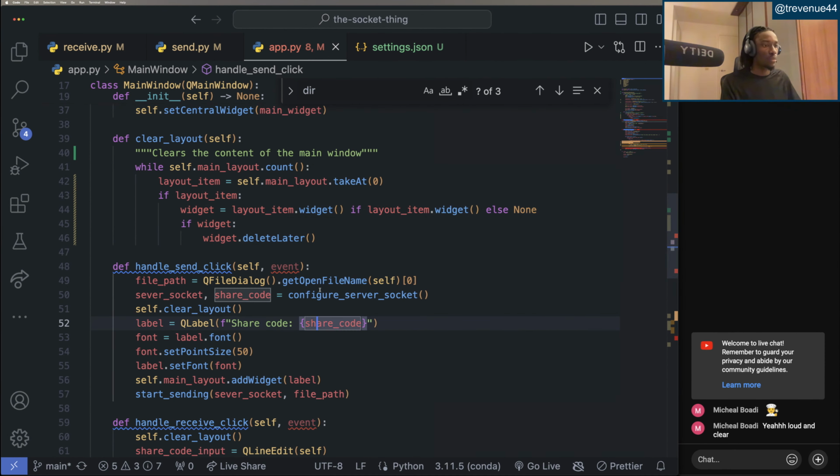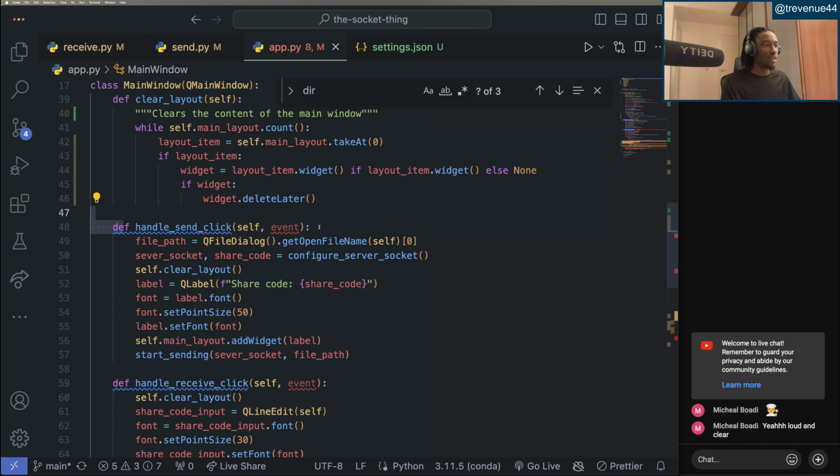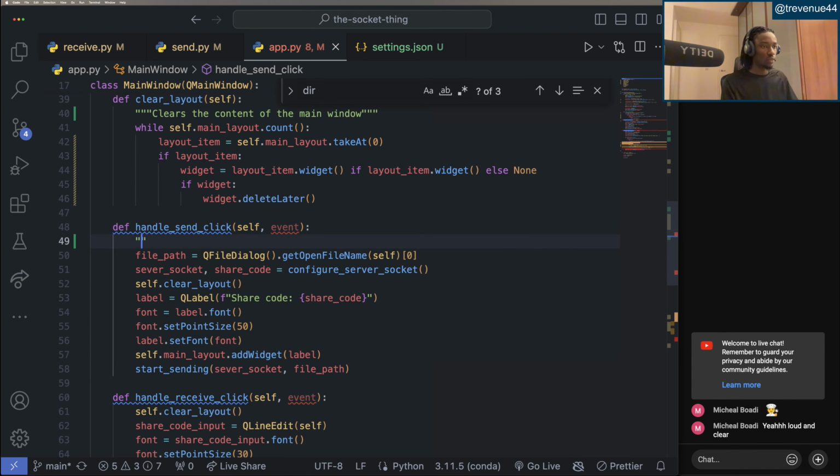Sorry. Yeah. So handle the send link. Event handler to handle